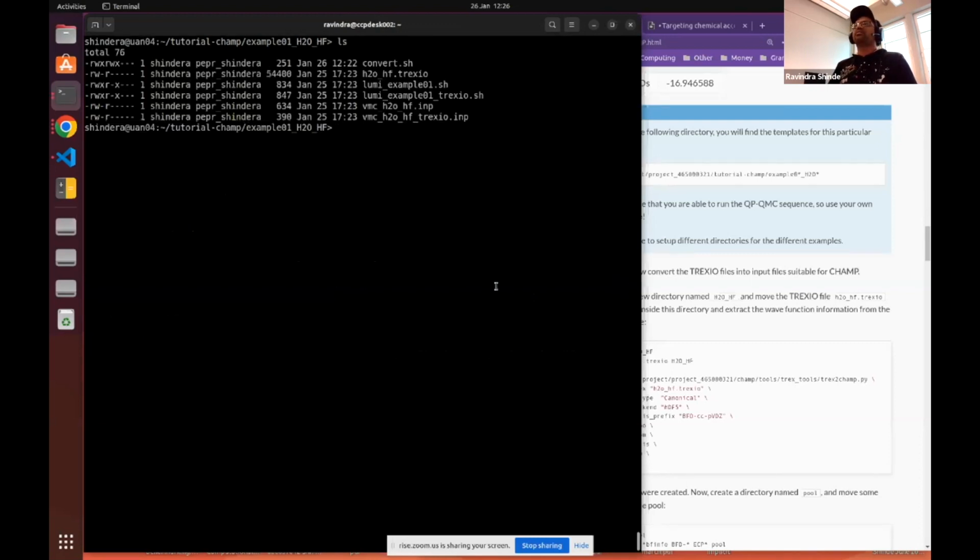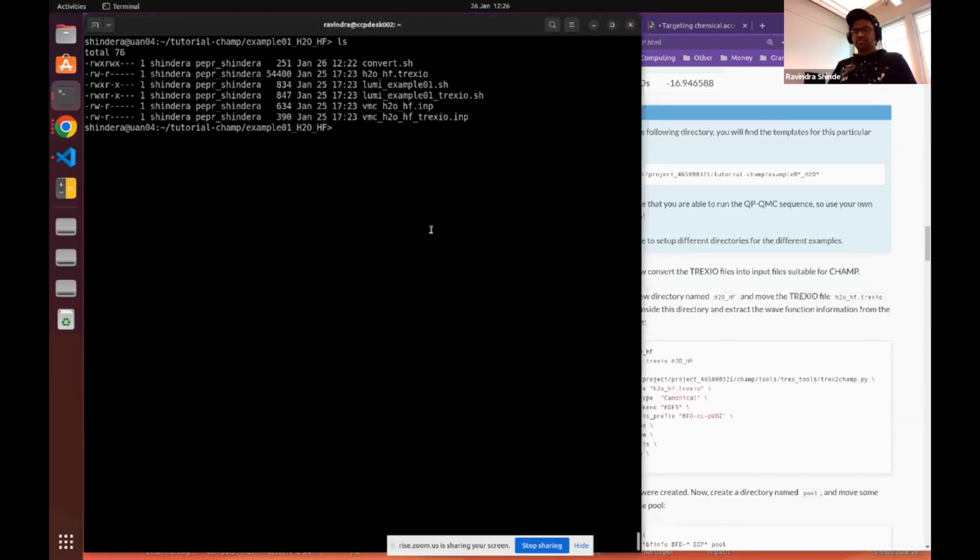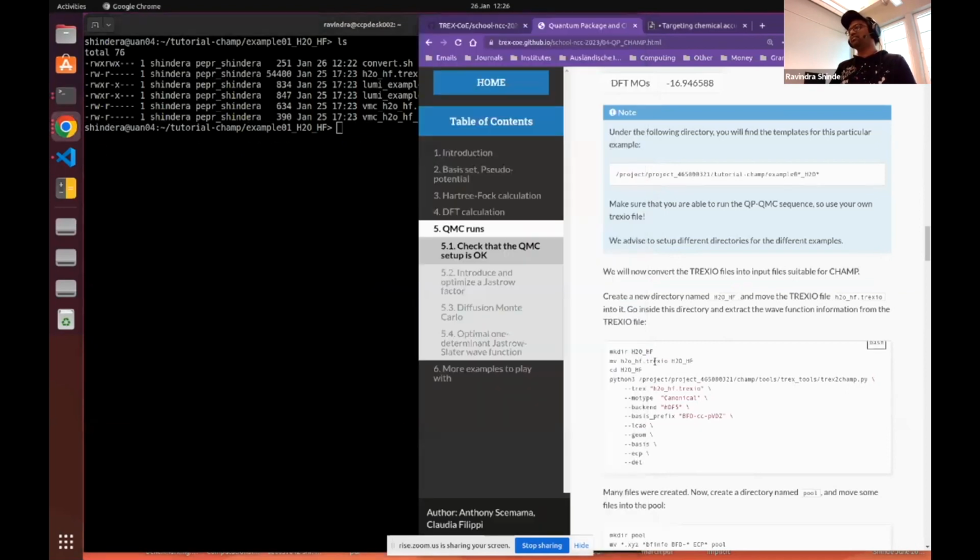Okay. Now, if you look at the web page, here we have the TREX IO file. So there are 2 ways in which you can run champ. You can use the TREX IO file directly without extracting its details, or you can visualize the TREX IO files by converting them into text files which are needed by champ.